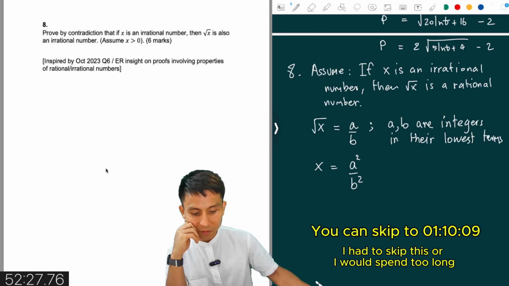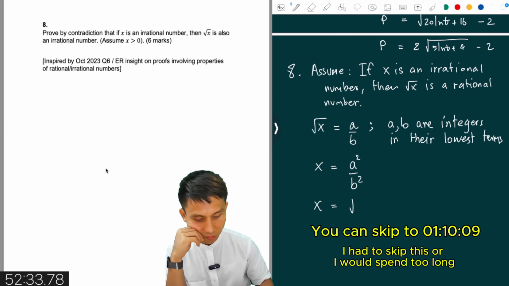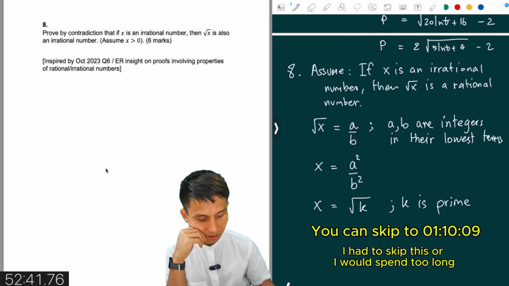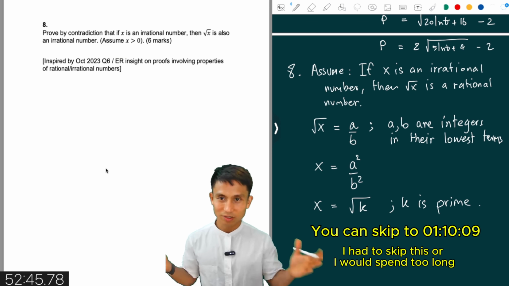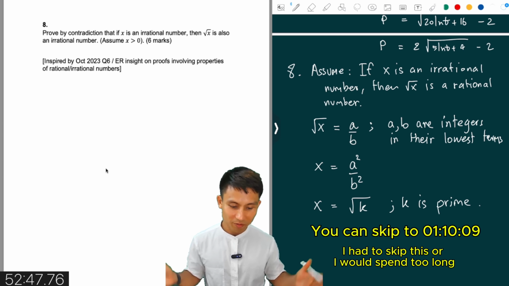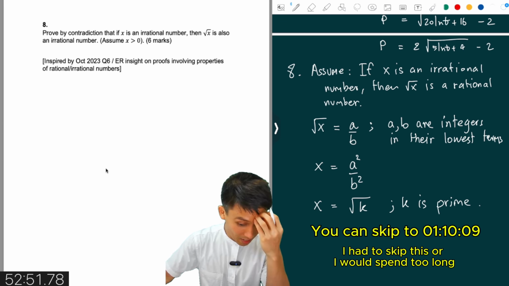if x is an irrational number, we can put x as equal to square root k, where k is a prime number. How about that? Okay, so if you don't know what to do with something of an irrational number, you can just do that. And then